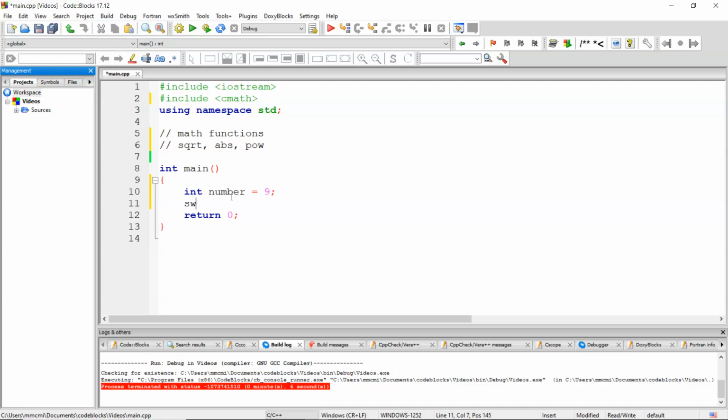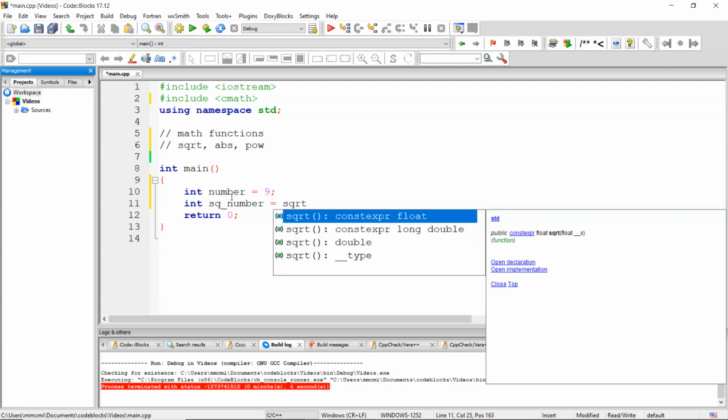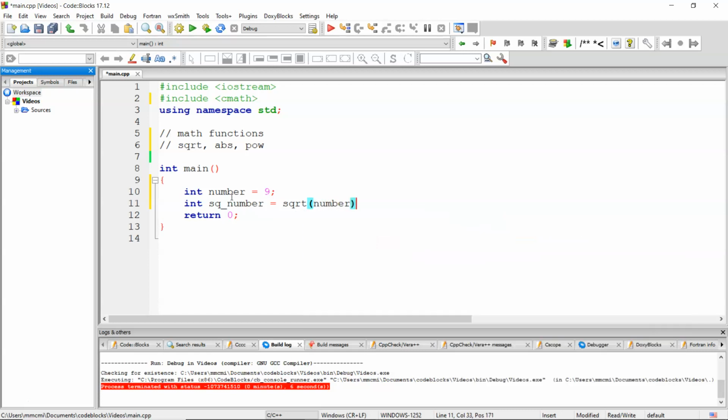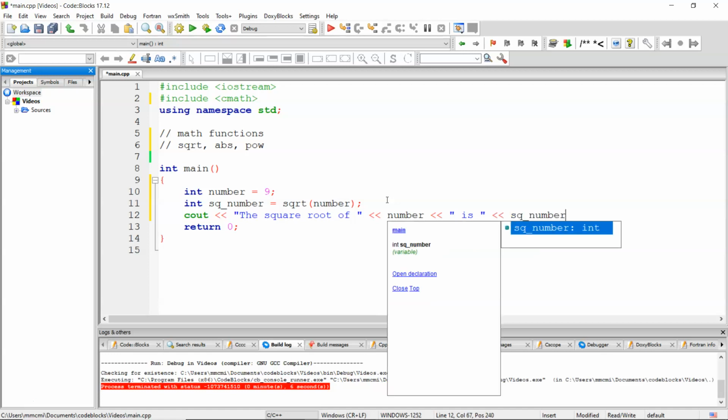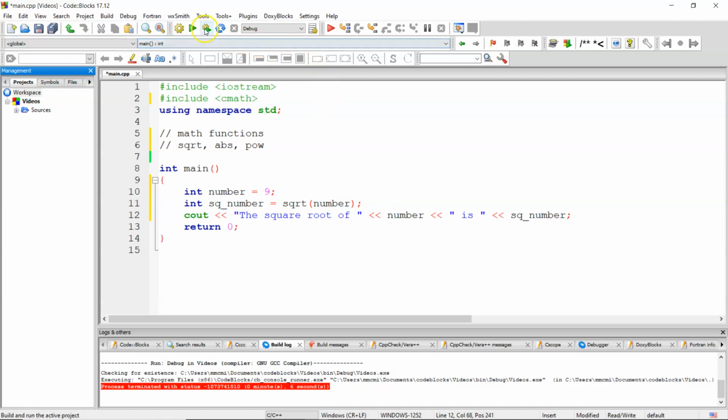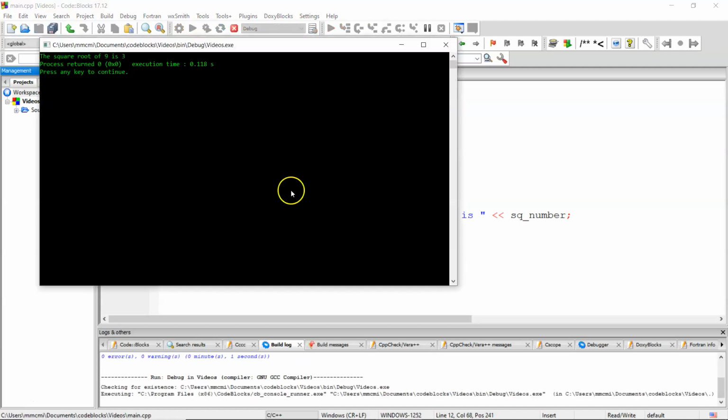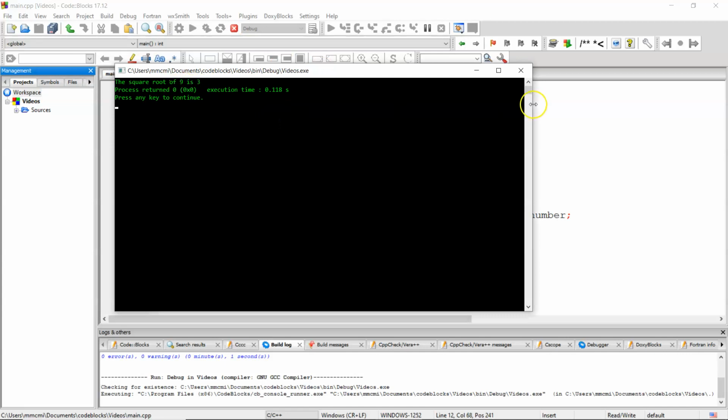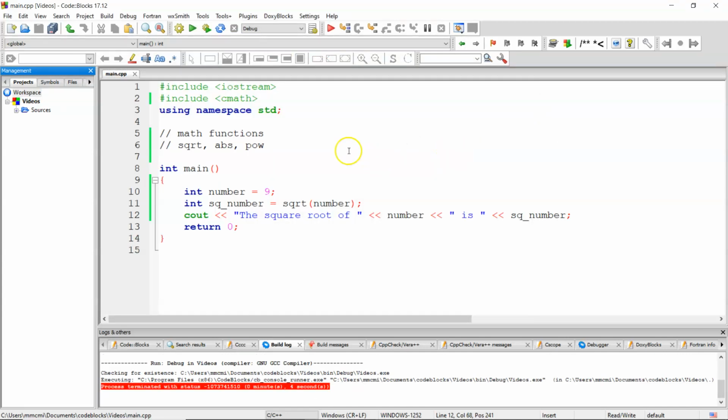So if we want to find the square root of 9, we call the square root function, which is sqrt, and then pass it the variable number that we want to compute the square root of, and then let's write out the value. So let's run that. So we can see that the square root of 9 is 3. So, very simple way to